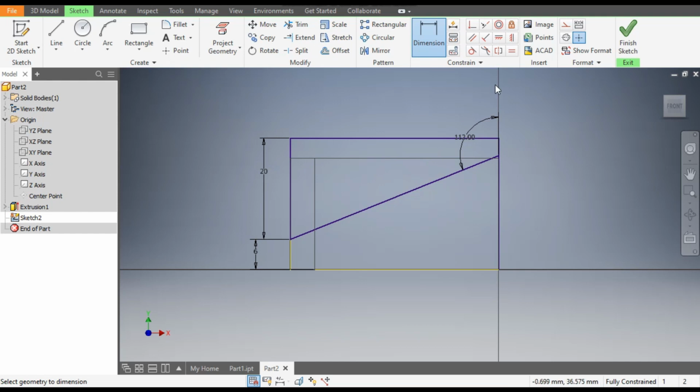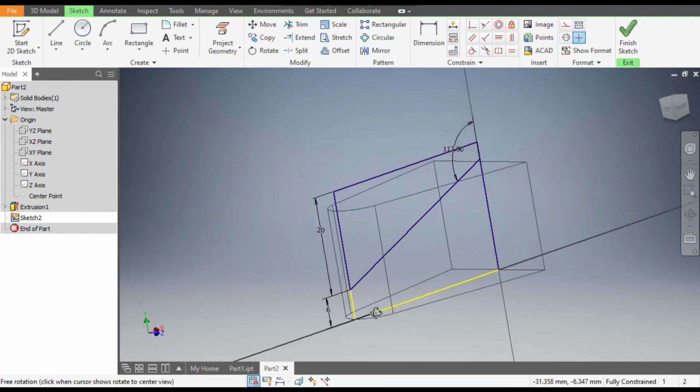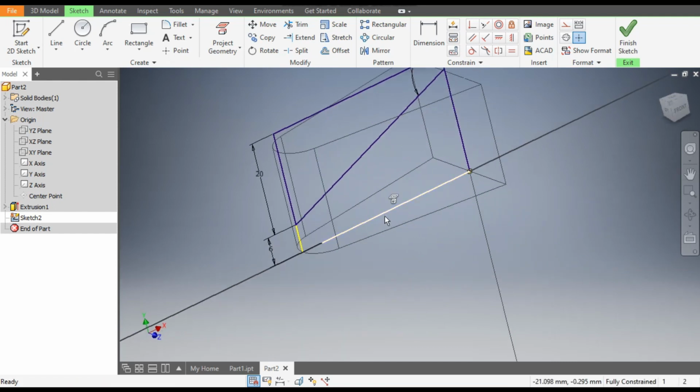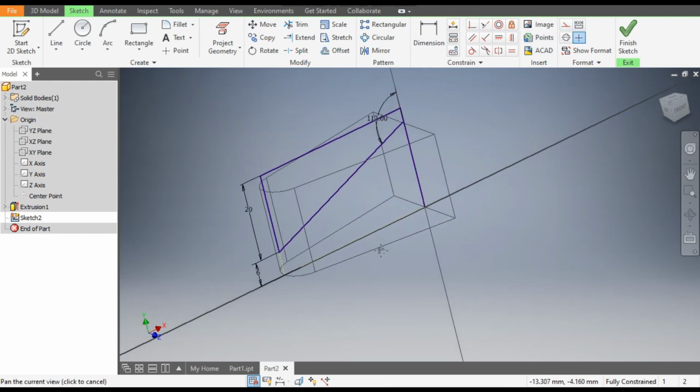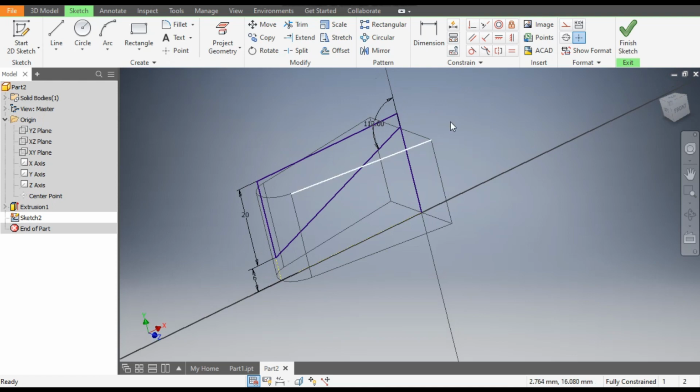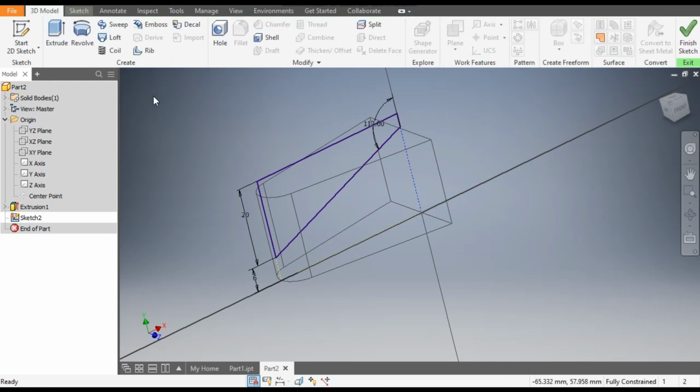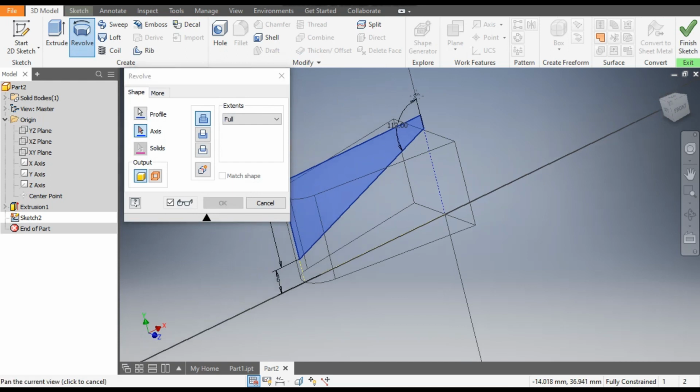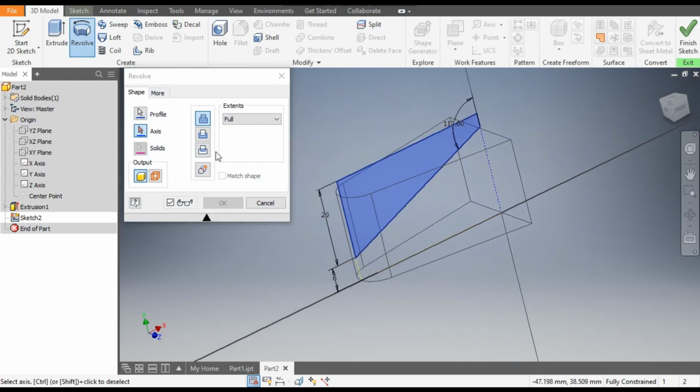Okay, and escape. Select this projected profiles, so select this yellow line and select this yellow line, make them construction. Okay, only the lines which we have made will remain in the solid form. Select this line, make it construction. Now go to 3D model, take revolve command. Here we will revolve this profile. For axis selection select this,